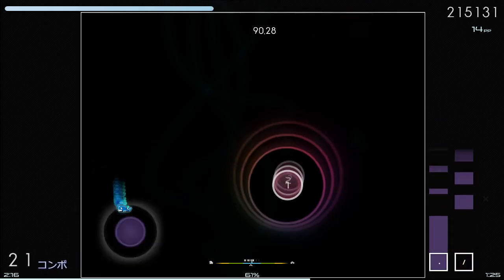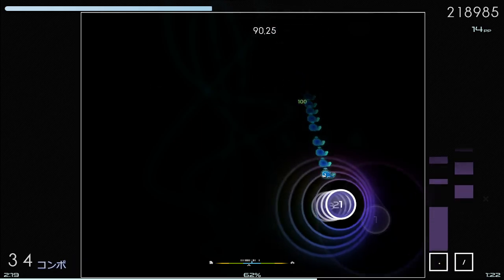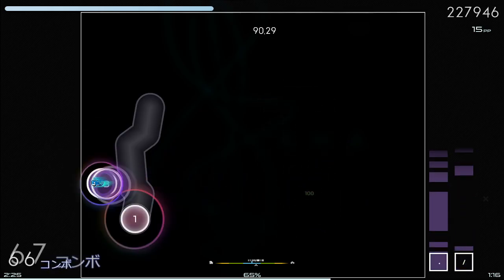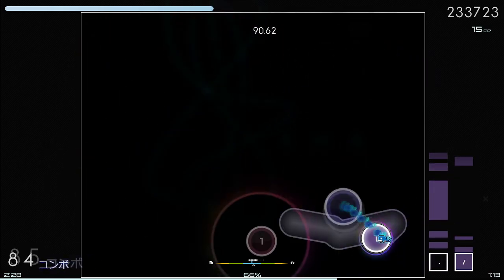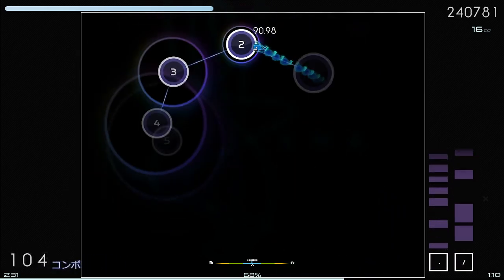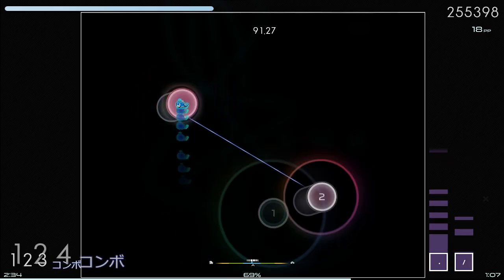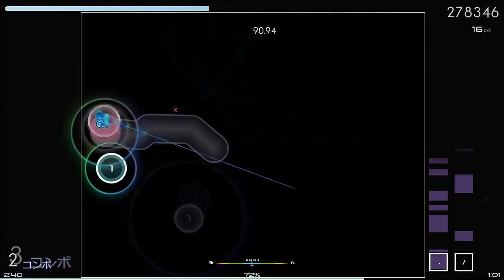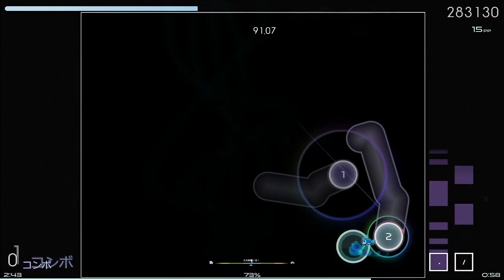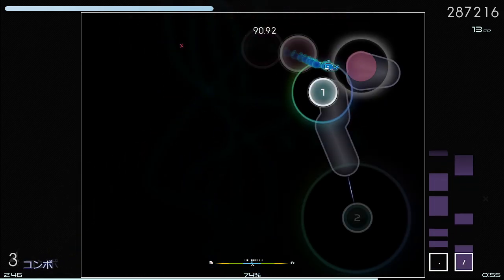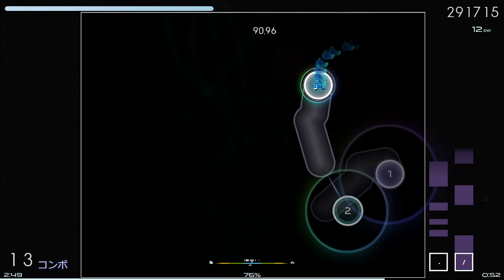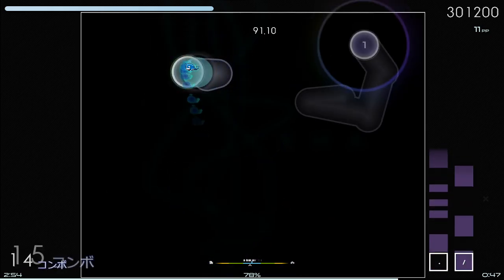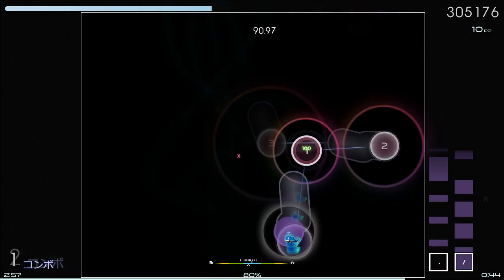A really common conclusion people make when they miss is, oh, I missed, that sucks, this map is too hard, and then they just don't play it. Or they miss and don't realize why, and they just keep trying to play the map over and over again until eventually they hit the pattern. But the problem with that is you end up mind blocking easily, because if you're not putting in the focus to figure out what you're doing wrong, you're just going to end up mindlessly making the same exact mistake over and over again, which is pretty much the definition of mind block, I feel like.